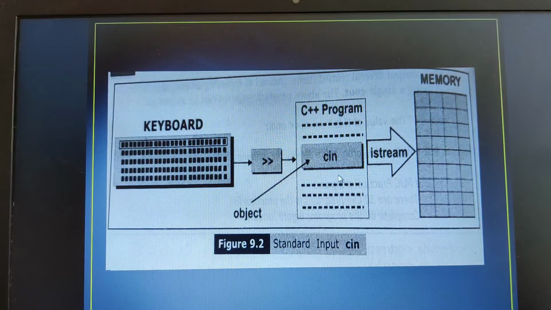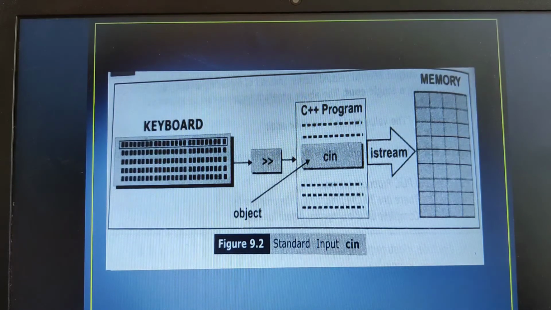This is your C++ program code. As the user is giving an input, this stream extraction will extract the data from the keyboard, and it is stored in the computer memory, at the storage location, suppose here it is age. When you write int age, at that time only 2 bytes of memory will be allocated in computer memory. Once the user types age as 25 from the keyboard, with the help of stream extraction, the cin object will extract it and store it wherever the memory location name is given as age; there the value 25 will be stored. I hope you are able to understand.